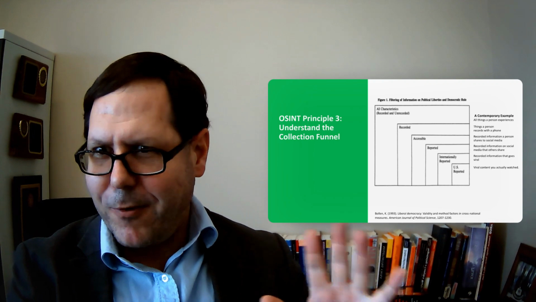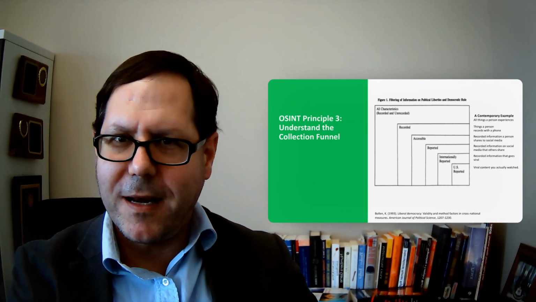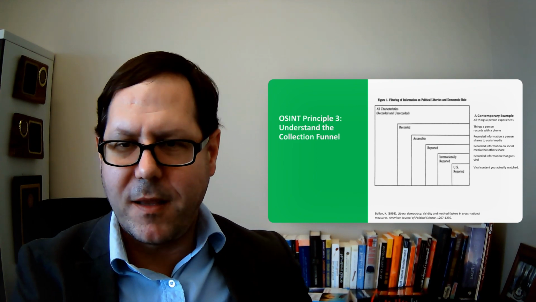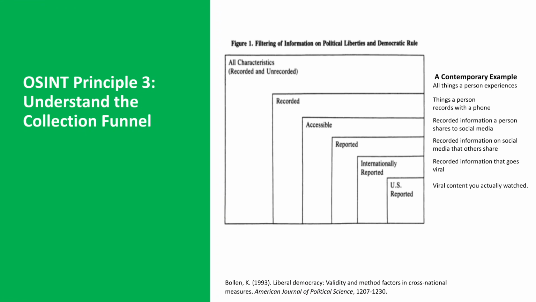Principle 3, now we've run through our 4 C's. Principle 3 is about understanding the collection funnel. And this is something that, again, I think social scientists have been very aware of for a long time. But I want to run through it because I think it's particularly important when we're thinking about things you pull off the internet. This is Ken Boland's way of thinking about how information gets filtered down